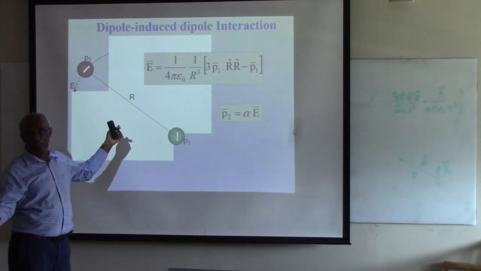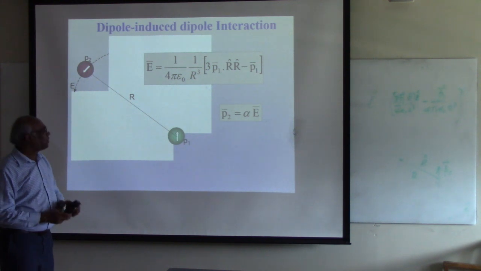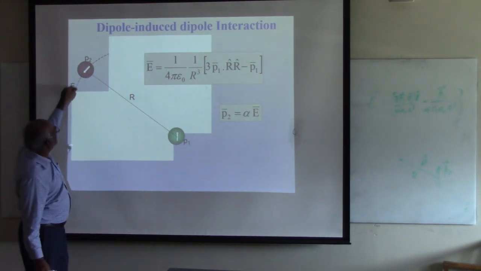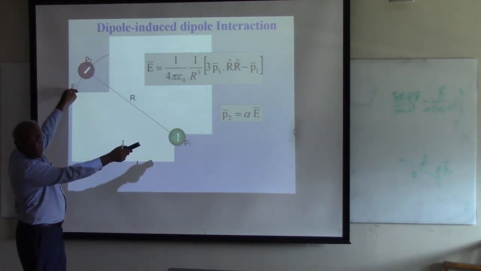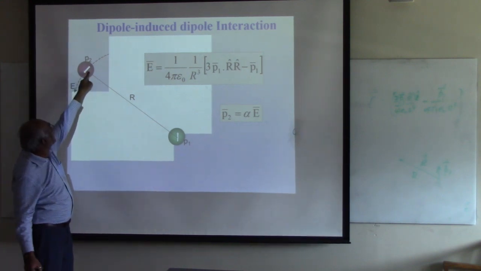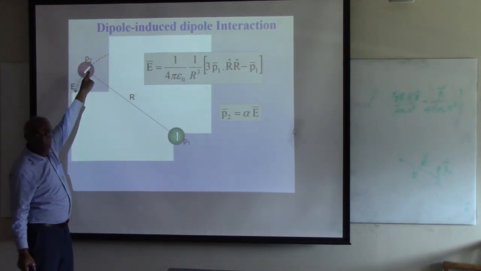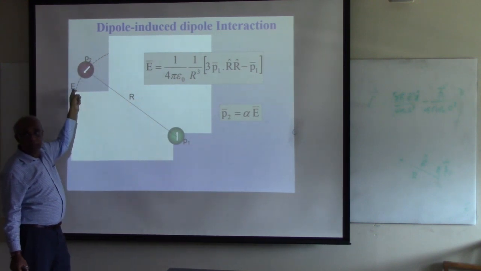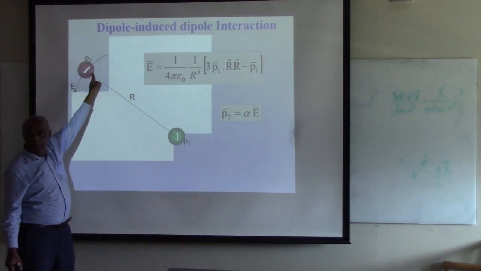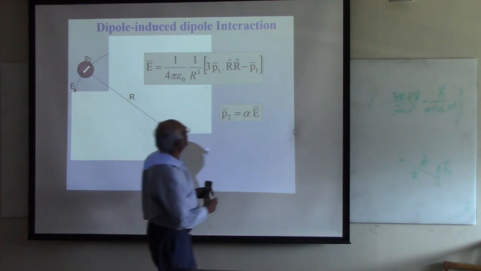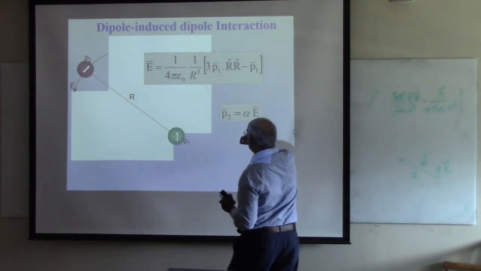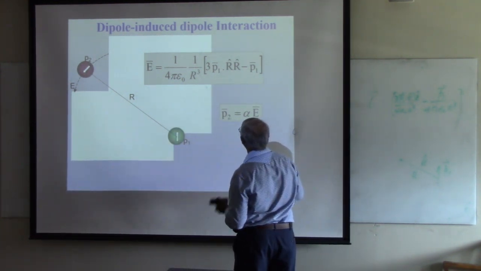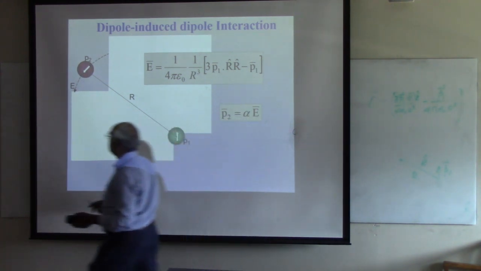P dot E. Right? Oh, yeah. So due to this one, now I have electric field here, that I know about that one. Now if I have a second dipole here, the energy would be P2 dot that E, right? So that I can easily write, because now also we know P2, you can calculate,